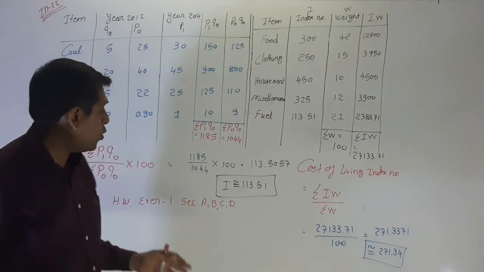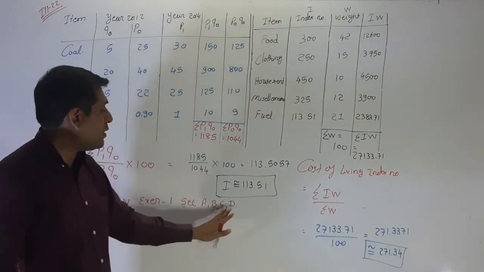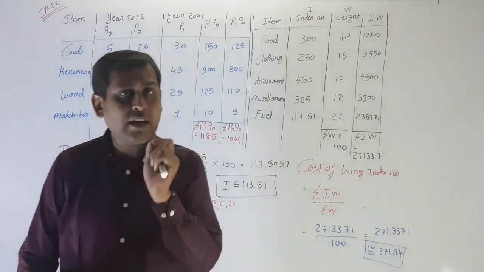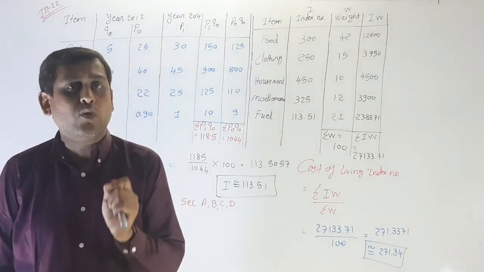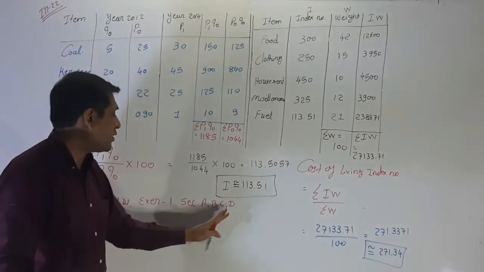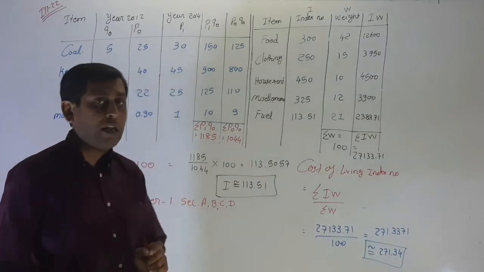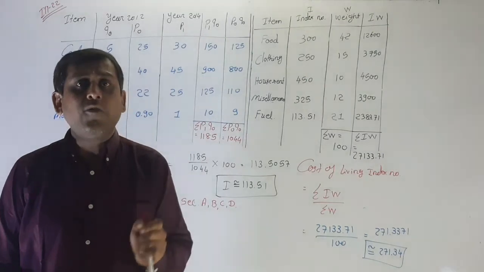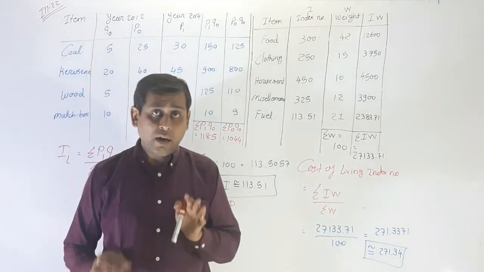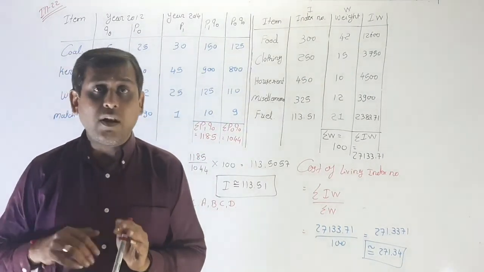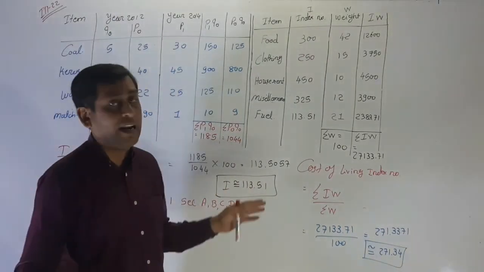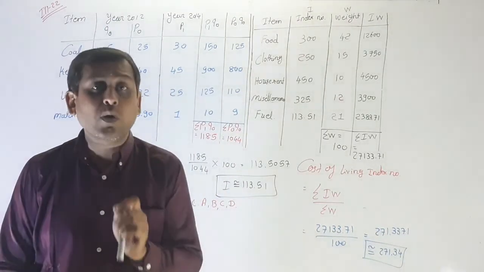So you have to write section A, B, C, D, whatever you can. If you can write, then write down the theory. Otherwise, make the practical ones, that is from section C and section D, question number 7 to question number 14. And if you have any doubts, then ask me and I will do it in the second next lecture, that is the doubt lecture.